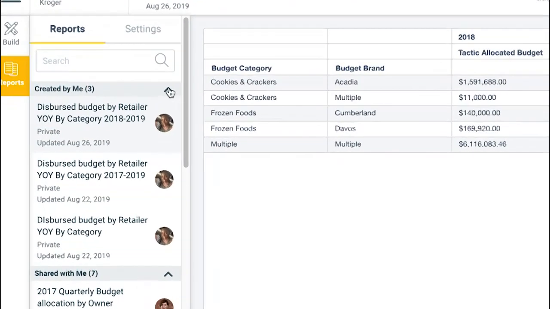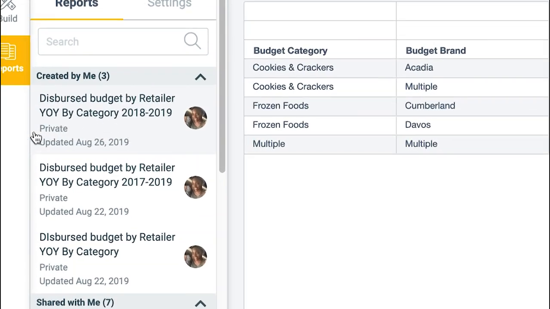Please note, the new report will save with a new date stamp. The old report will not be overwritten. Be sure to use clear naming conventions so that any versions of the same report are easy to distinguish.